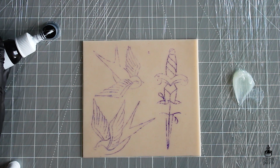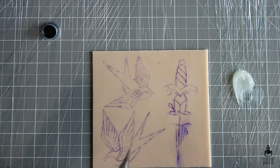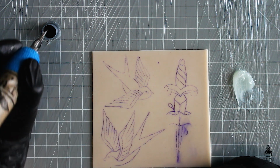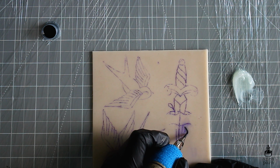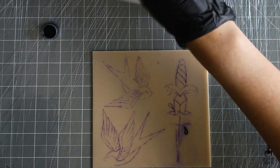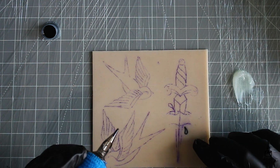As you will see, I struggled quite a bit with the line art in this design. Straight lines are really hard for me to do, especially because I'm used to moving around my paper when I work, and I know that with tattoos that's not possible in a real life scenario. I still did that with the fake skin just so I wouldn't have a really crappy design, but as you can see, my first lines are very wobbly and you can see that I am unsure of what I'm doing,